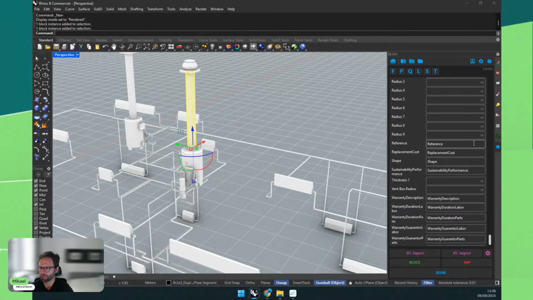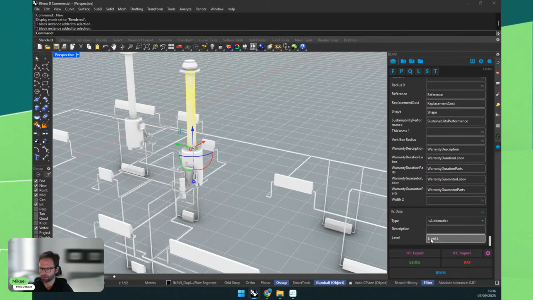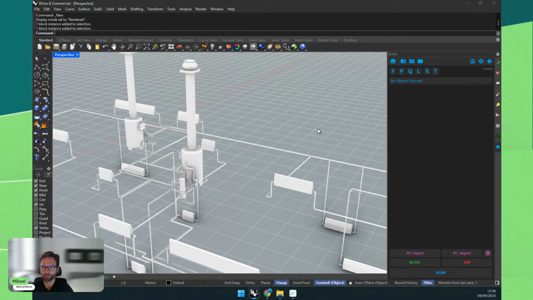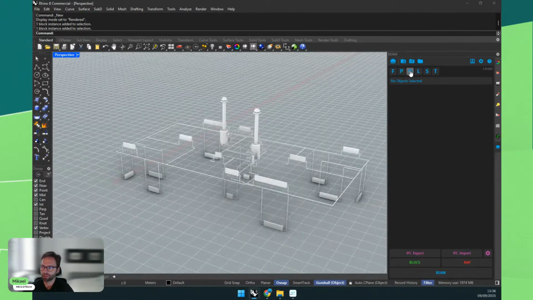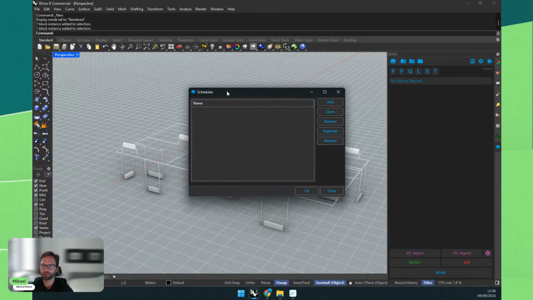So let's have a look at the levels here, if they are. So this is in level 2. So we have also that information. And conveniently, because it's imported, we might unlock this functionality also for work session objects, but for now they must exist in your geometry. You can also schedule.